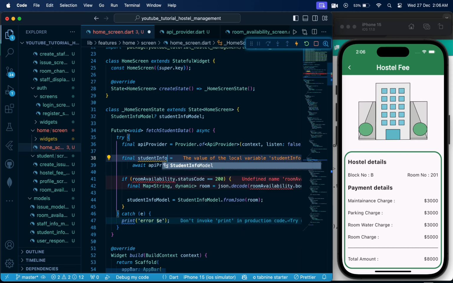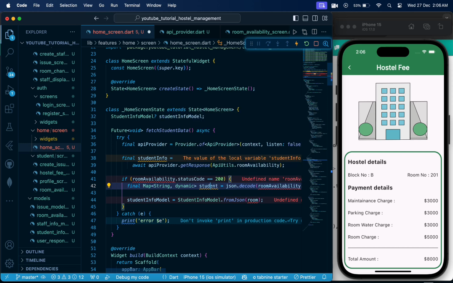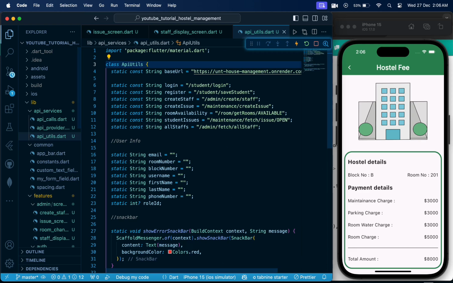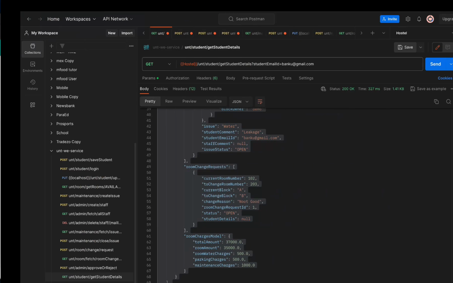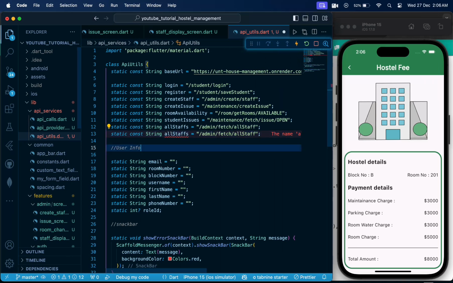This will be student info. This will be student info. Yeah. So if you can clearly see, the endpoint for this URL is asking for student email ID. So we will copy the URL till is equal to,